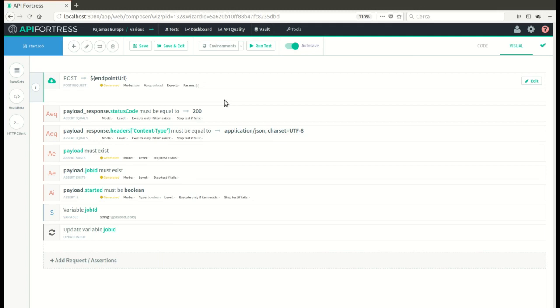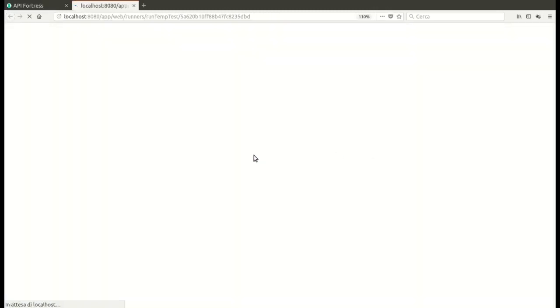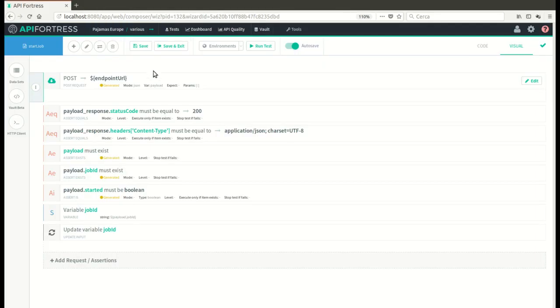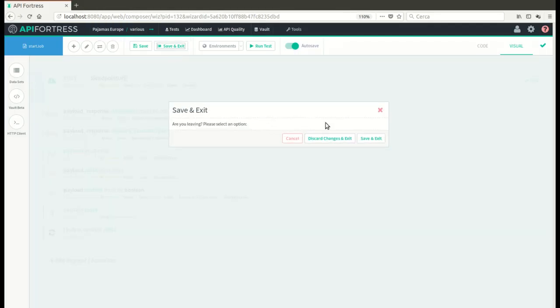Also, keep in mind that if I run this test from within the composer, the update input will not alter either the input set or the vault. And the reason is that when you are composing your test, you're tweaking it, you don't want to alter something that may have an influence on running scheduled tests. So let's run this and you will see the test passes, but the variable is not actually updated. So I save and exit,